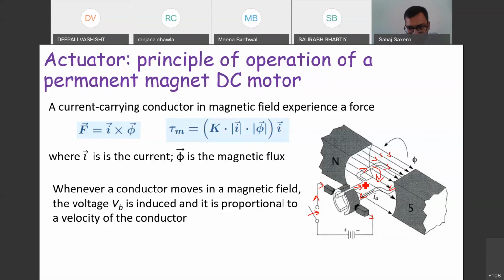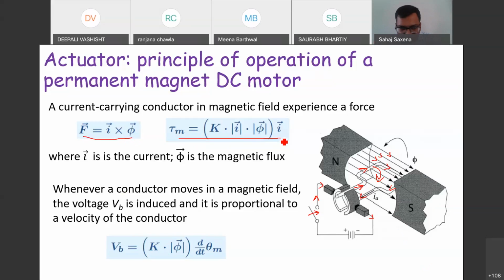Now, this is understandable because we know Fleming's left hand rule and Fleming's right hand rule, and how the force will act. But what about the mathematics? Without mathematics, we are not able to understand and we are not able to develop the robot. That is why the topic is robot control. So we have a force which has the following expression, and we have a torque which has